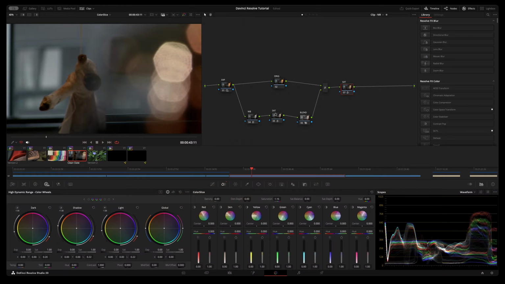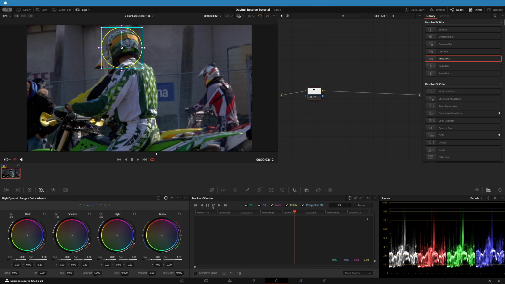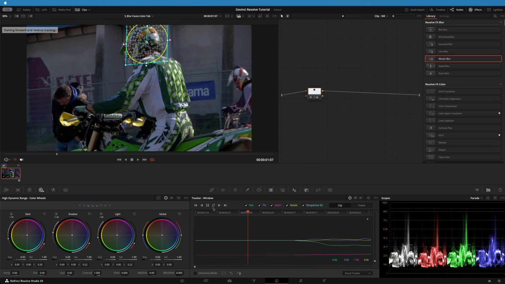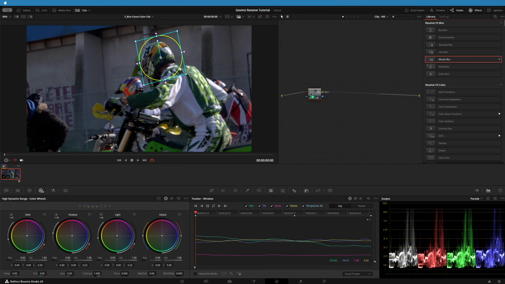DaVinci Resolve is a massive application. The manual is 4,000 something pages long. So instead of me giving you, let's say, everything that the application can do, I figured let me first focus on the color grading aspect, because quite often I see that's the aspect that needs extra care, or oftentimes people